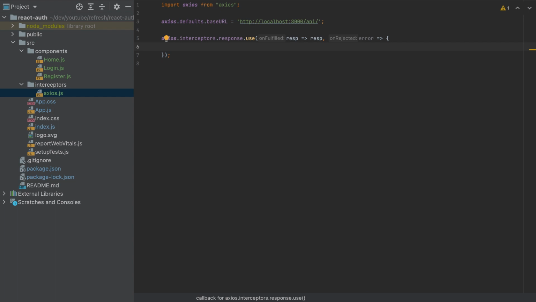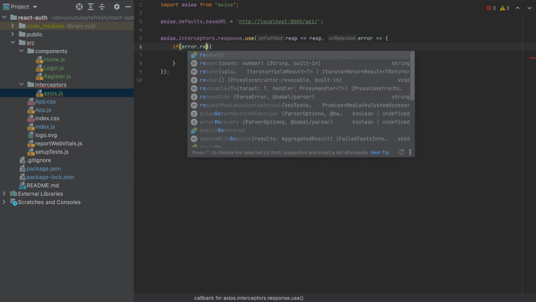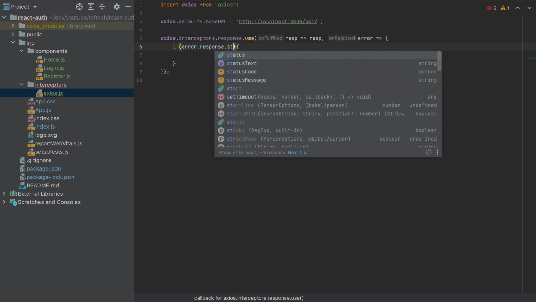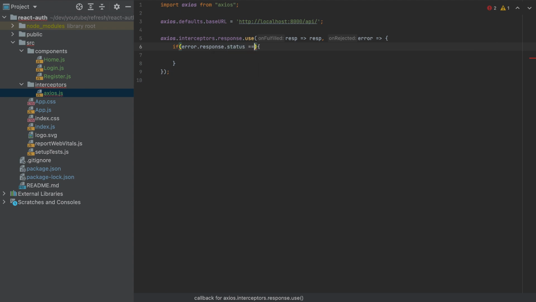So for that error, I'll add an if condition here: if error.response.status is equal to 401. So the server will return this status when we are not authenticated. And if that happens, we will send another request to the backend to refresh the token. So we'll get a response here